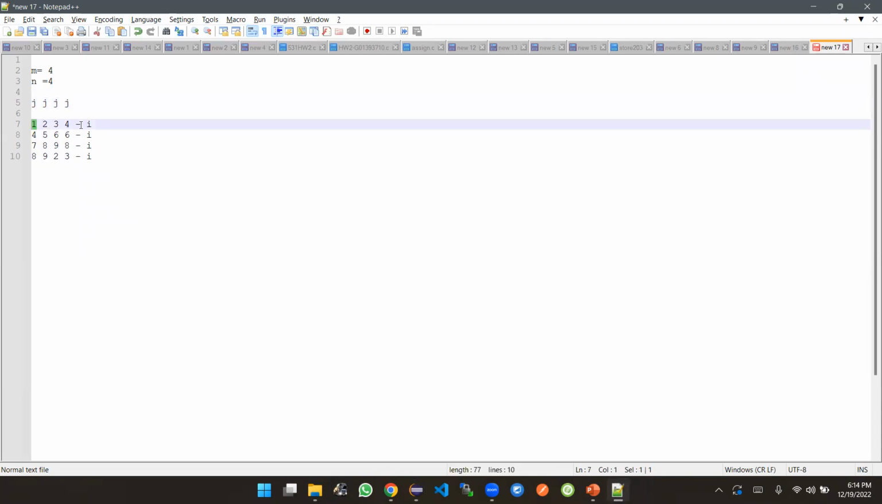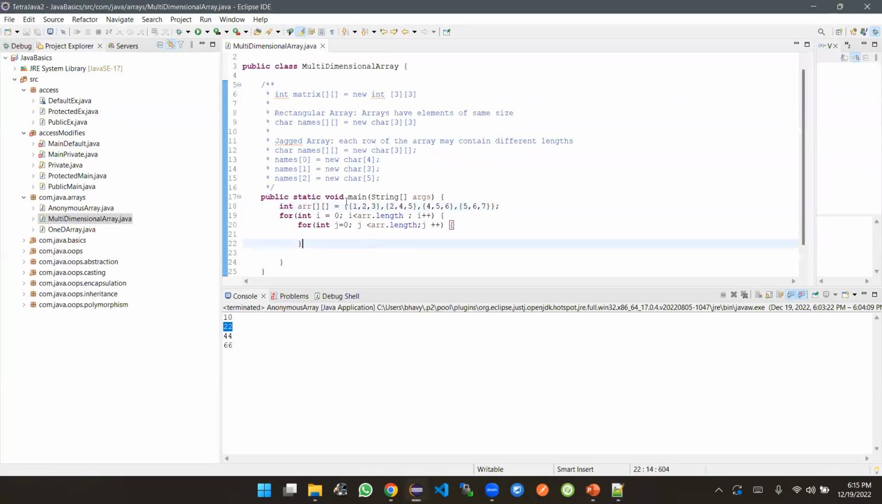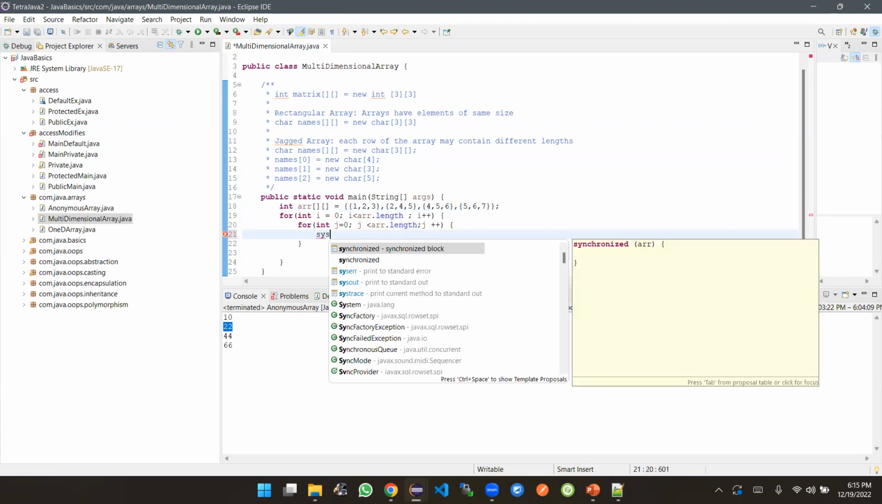So this element is i of 1 and j of 1. When i equal to 1 and j equal to 1, you will get this value. When i equal to 1 and j equal to 2, you will get this value. When i equal to 1 and j equal to 3, you'll get this value. So you need 2 iterators for this. That's why we declare 2 iterators. One i equal to 0, which runs throughout the array length, and j equal to 0, which will run throughout the array length. And if I want to print it, syso